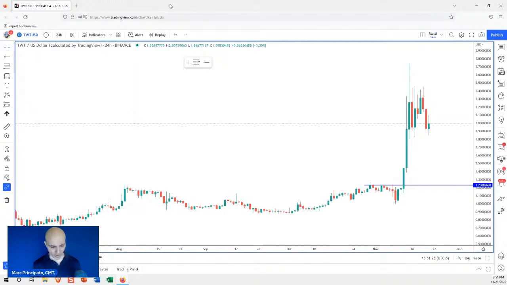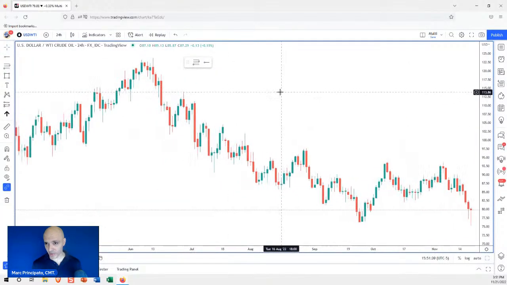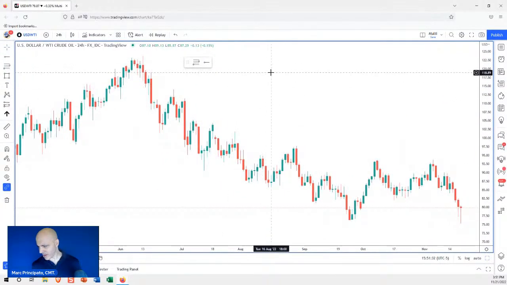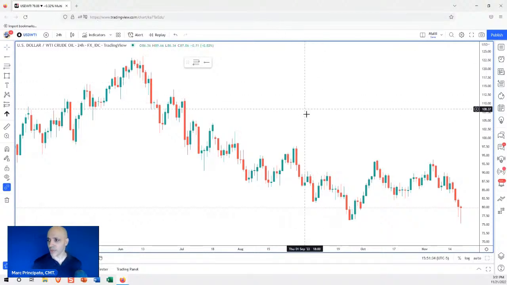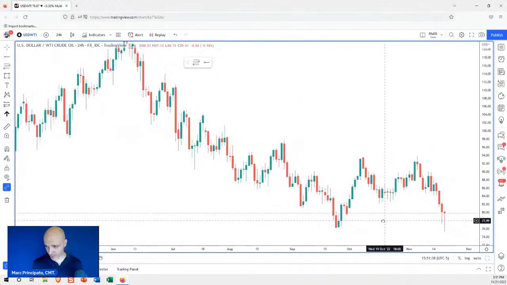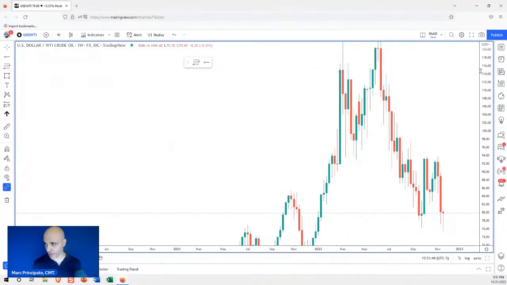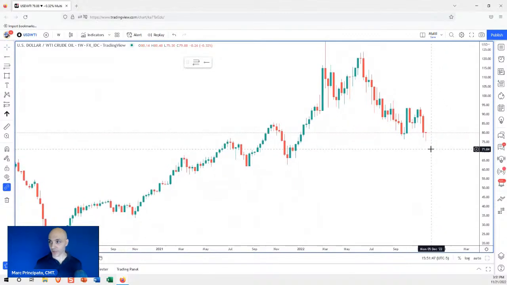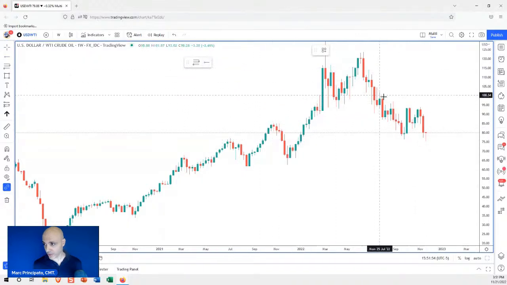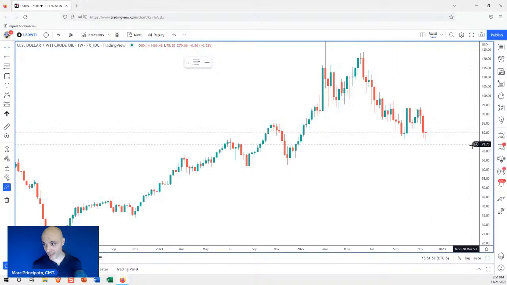Okay, let's take a look. Oil, USD, WTI. All right, now oil is wild. Okay, is this the right chart? Yes, it is. So oil is going to be very geopolitically sensitive. We can still gather important information from the bigger picture. I mean, look at this, right? Generally, oil also goes against the dollar typically, right? So stronger dollar, we're likely to see weaker oil. Look at this double top. I know we've talked about that, and I know I've talked about not going long at that double top area, right?